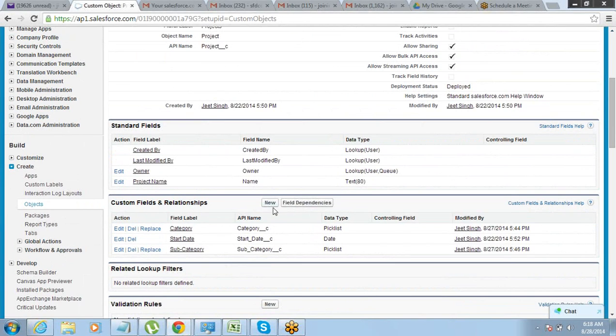Just beside that new, you have an option called field dependency. You have to select this option and